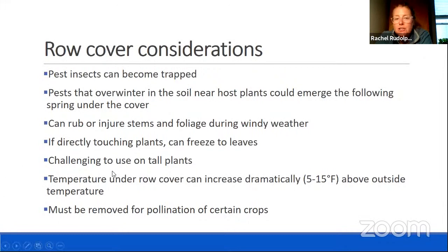It can be really challenging to use on tall plants, especially if you've got hoops and the hoops are only a certain size and the plant grows beyond the hoop, right? Then you're just going to be draping row cover over those plants. And then